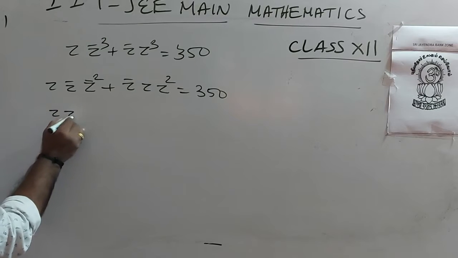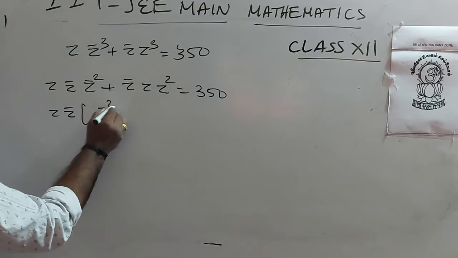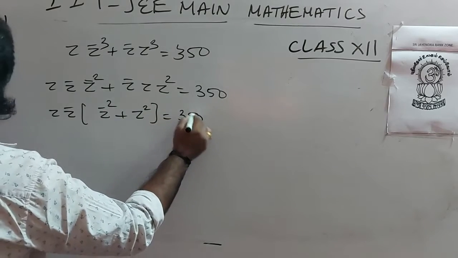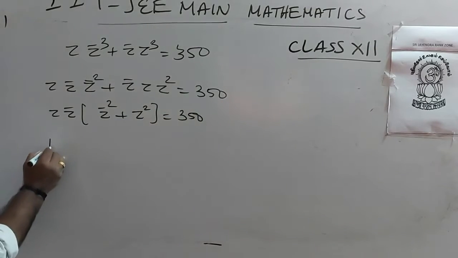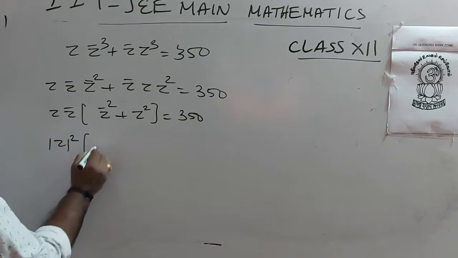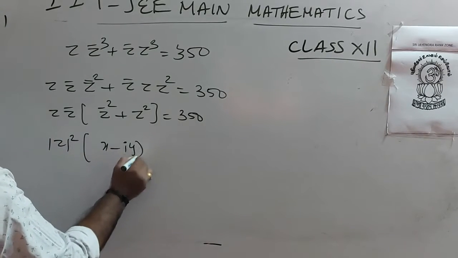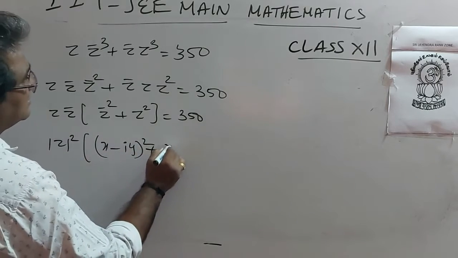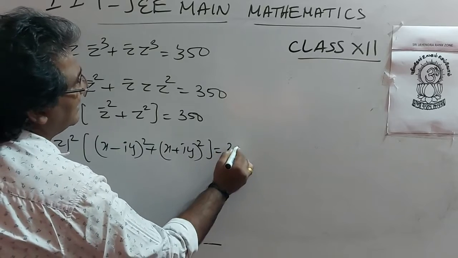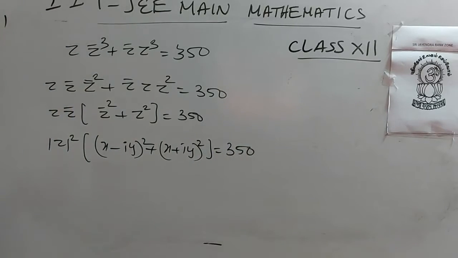So you can take z bar in common, remaining you have z bar square plus z squared equal to 350. This is nothing but modulus z squared. So z bar squared, that is x minus iy the whole squared plus x plus iy the whole squared equal to 350,